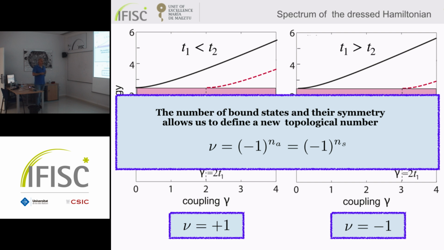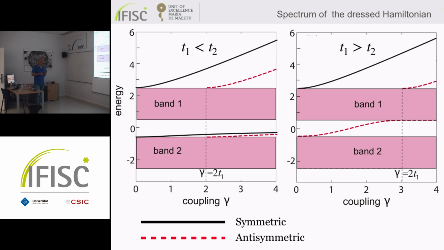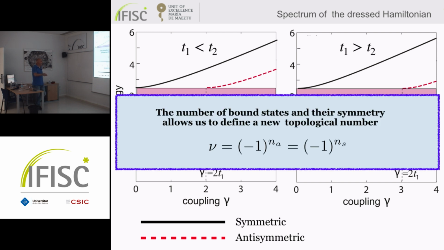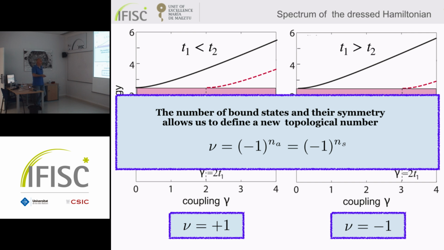But you have large differences in the spectrum, no? Depending on gamma. Yes? Depending on the gamma. So my question was, isn't it somehow in contradiction with this idea of robustness of the topological phase? But this is totally robust because you can choose whatever value and that number does not change. But the spectrum itself changes. Yes, this is not a state that is fixed like the edge state of the SSH model. But the duality is that here, this is a bulk measure, it's not an edge measure.